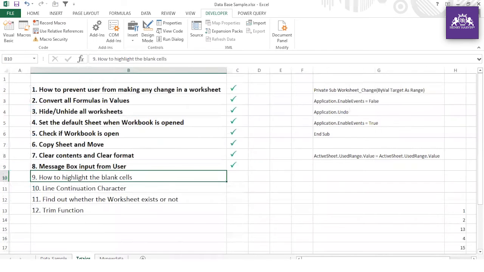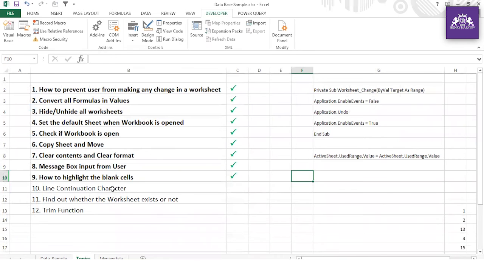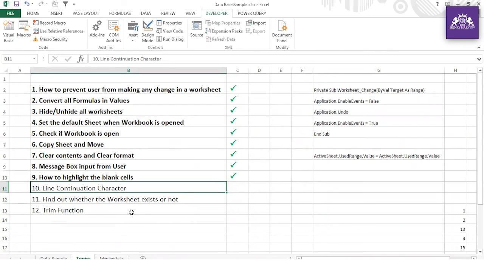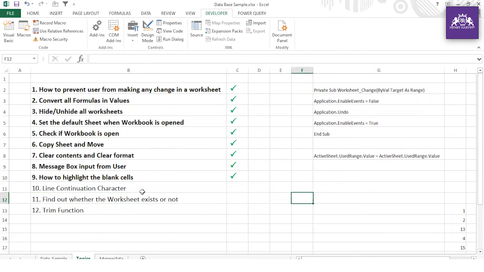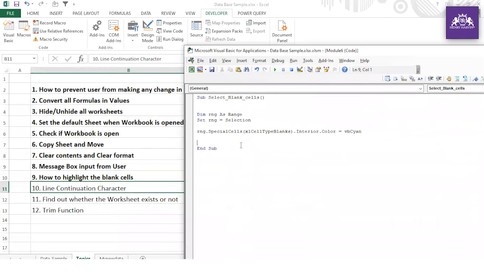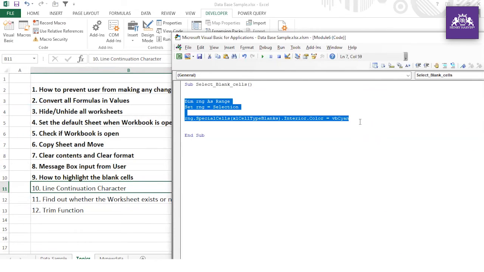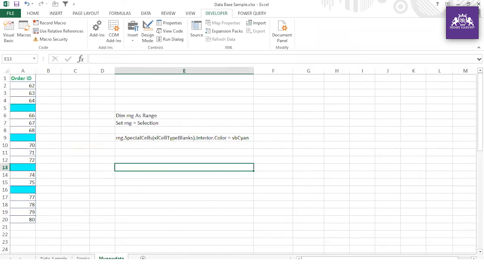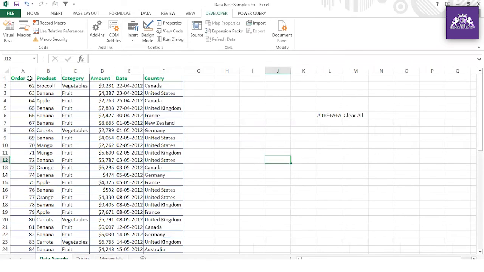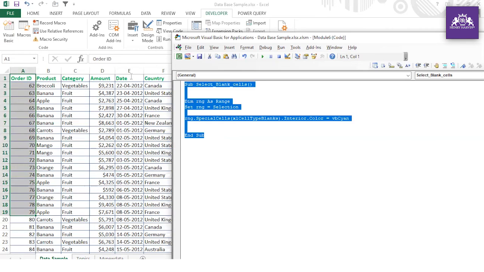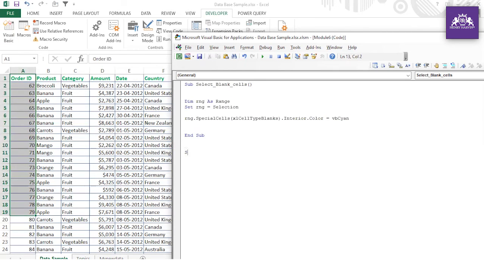And now let me go to my topic. This also we have covered, line continuation character, guys, or maybe finding out whether the worksheet exists or not. So line continuation character, let's do that, guys. In the same code I want to show you, if you have this line of code, or maybe I can do something and tell you with a new data set. Suppose I'm copying this data, and I have to paste in the H column. So what can we write, maybe I have to write this sub